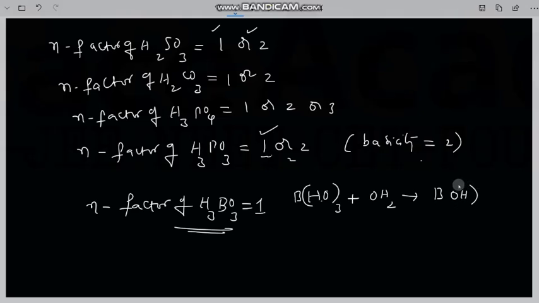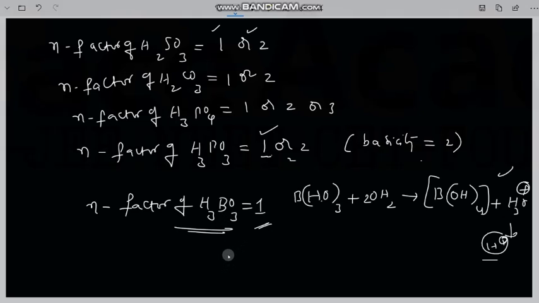If it is present in the solvent, it can give only one proton to the water. That means a reaction takes place between water and the boric acid. With 2 moles of water, if you take here, there is one H plus ion that is released. That means from water it can give H plus ions. The reason why we call boric acid a complicated one is that its N factor is 1.